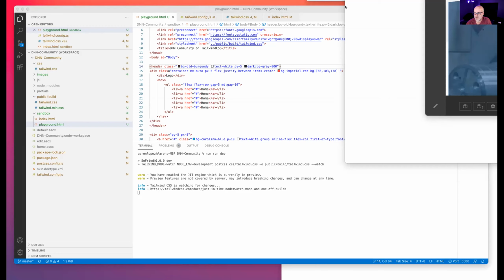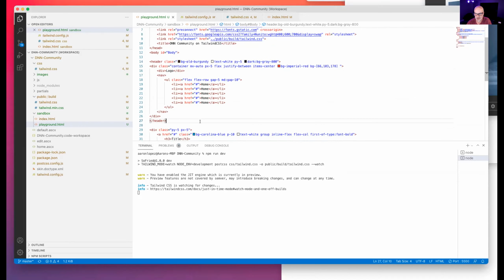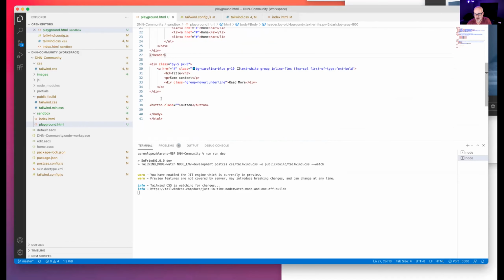Sure. One from Alessandra: but in the case of creating content and adding a class in the content, how do we make sure we have those classes added to the theme? Do we always need to have a sandbox folder or some HTML with the classes on it, adding it to the content? So yes, let's say you're in a text HTML module or something like that.